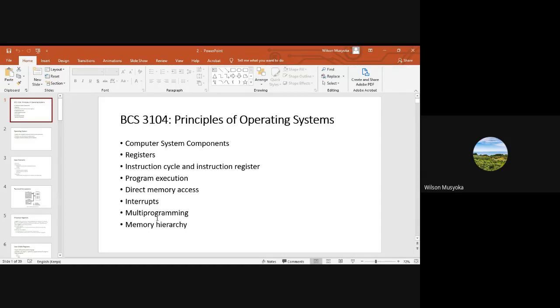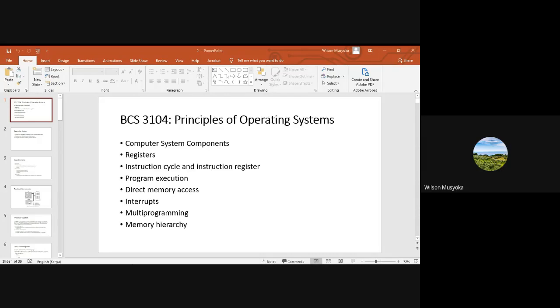In order to accomplish that, we will be looking at the components of an operating system, just to understand what components you require in our computer systems so that the operating system can work. Like we had said, it is an intermediary between the application programs and the user, as well as the hardware. So we need to understand what these hardware components are which are usually required for the operating system to function